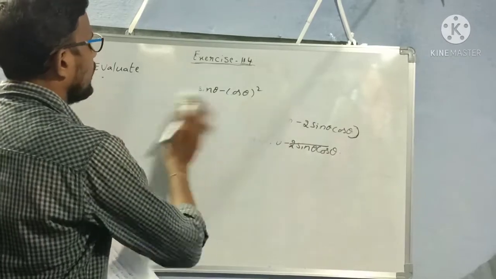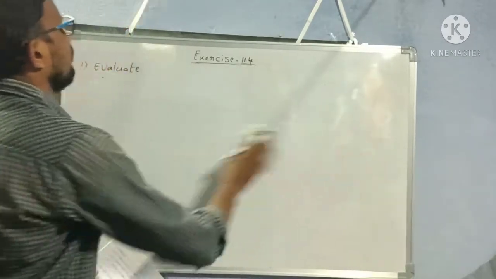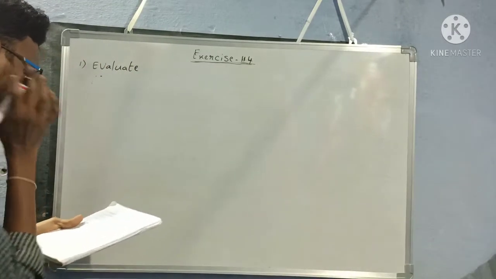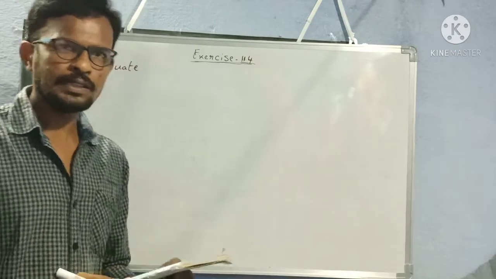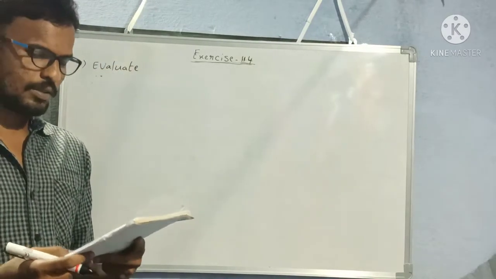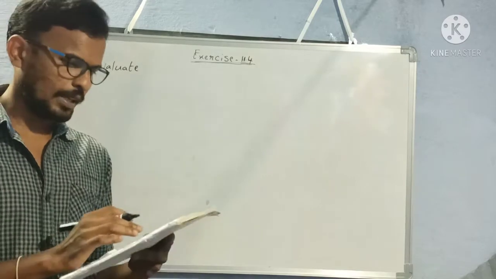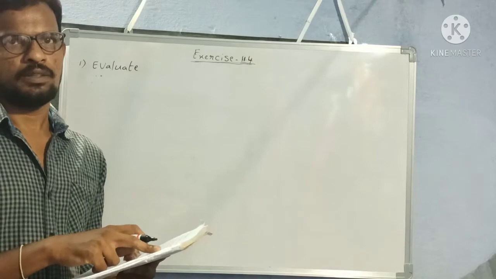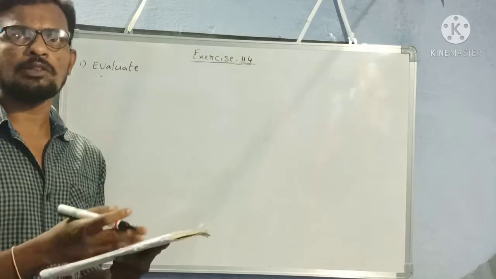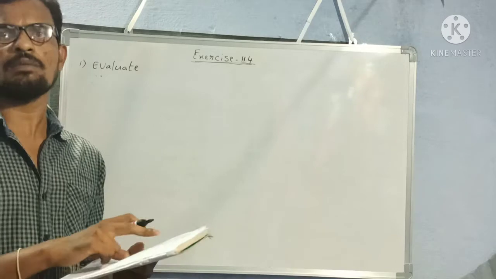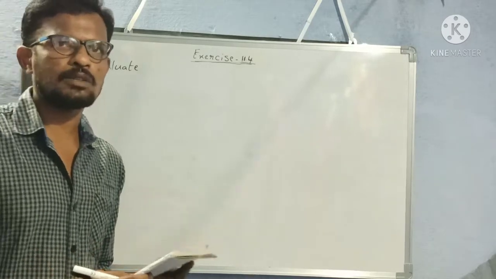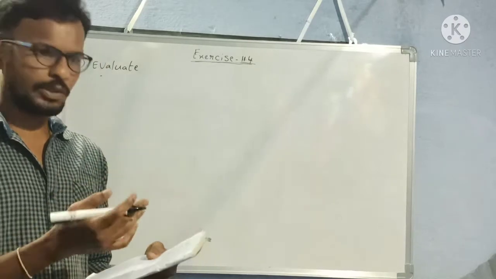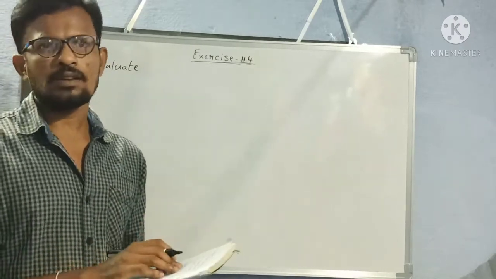Now we have one more point, that is the third one. I hope the third one is very easy. So students, try to solve the third one on your own. Very easy. I hope everyone knows this identity: secant square theta minus tan square theta is equal to 1, by using which we get secant square theta minus 1. In the same way, cosecant square theta minus 1 also becomes some other value. If you take common, then you will get some answer. Try to do it on your own.